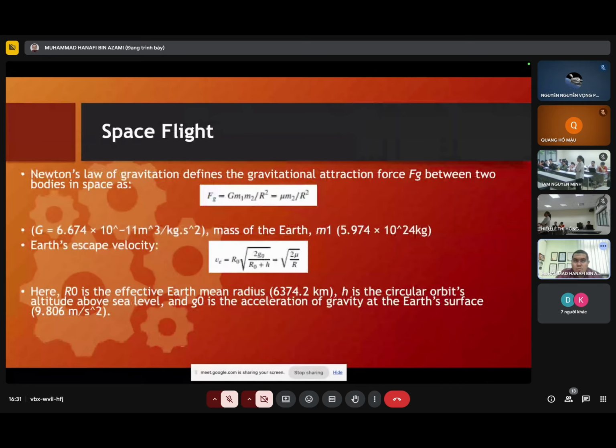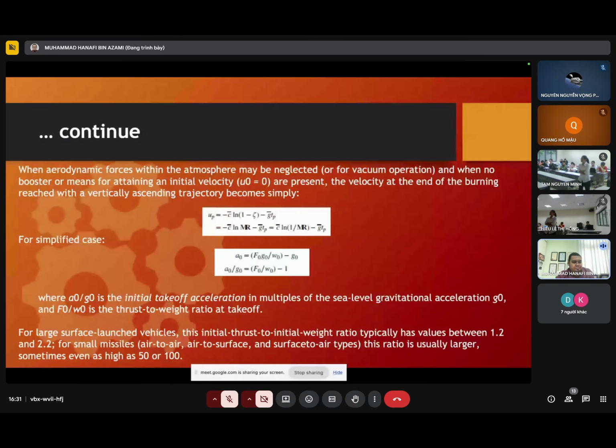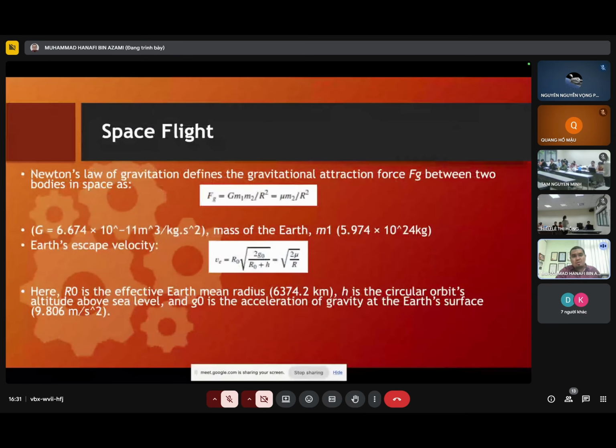All right, so this is the, what do you call it, some of the mathematical formulation. I will save the space flight for later on, because this one involves